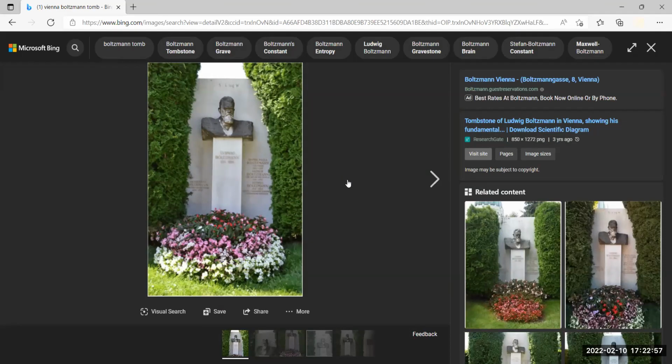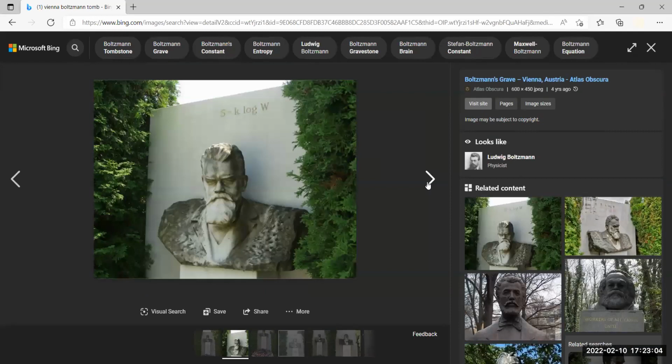Can you guys see what's written on his tomb? Let me bring it up close. You guys see it or not? Is it the S equals k log W? Yeah, the S thing. Yeah, S, the entropy. That is what's written on his tomb, because he committed suicide at the end because he had depressions, and his